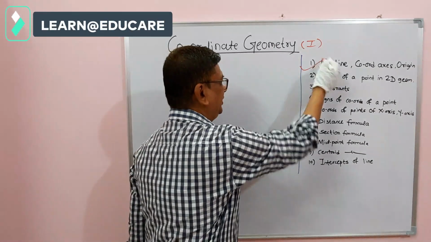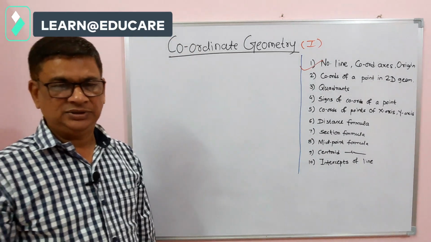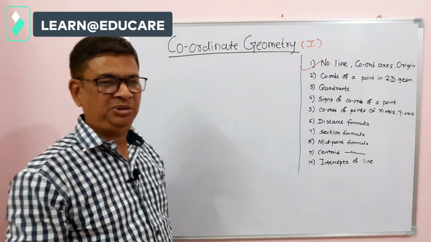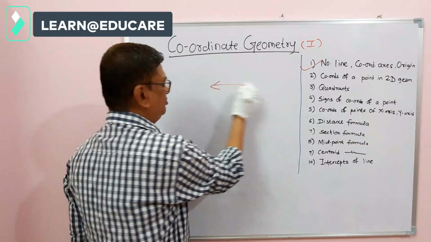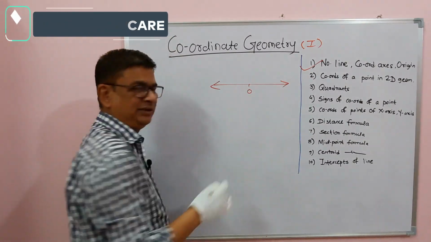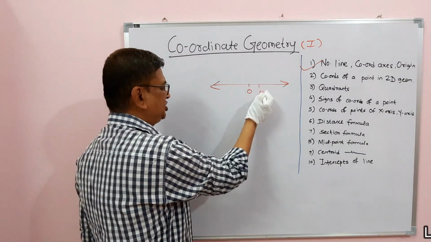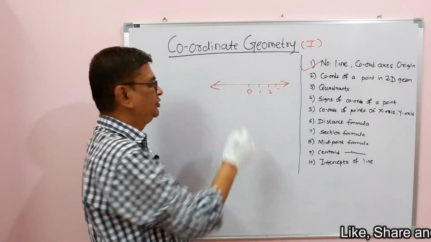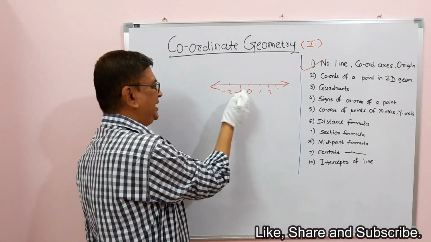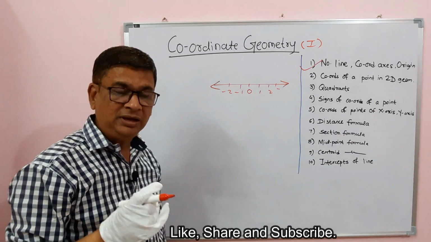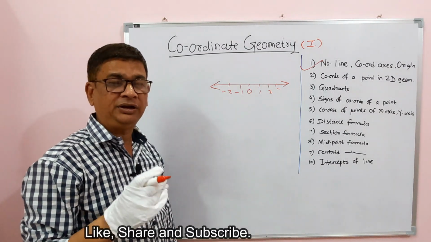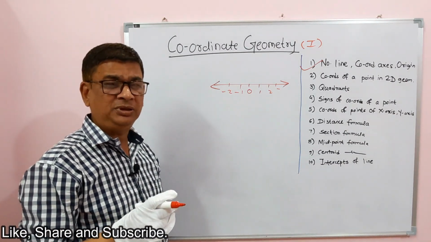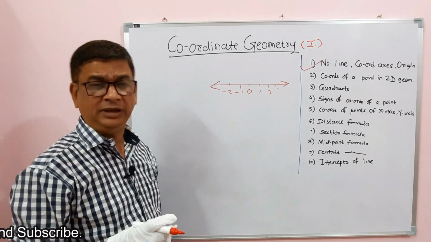Students, you know the number line concept. You study it in 4th, 5th or 6th standard: how this number line is there, it is 0 at center and to the right side we have +1, +2 like that, and on the negative side, the LHS, -1, -2 like that. So that is the number line. Every student knows that real numbers are possible to represent on the number line.